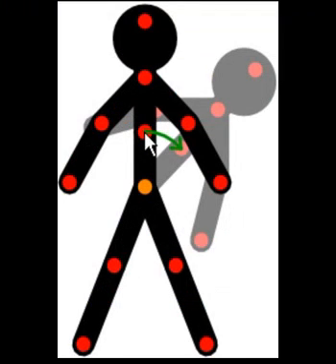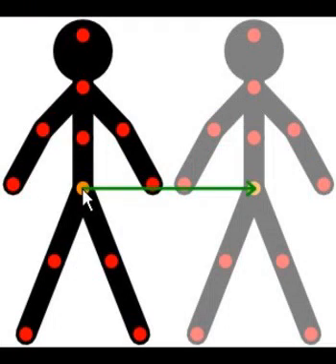Next we are going to see how to rotate the figures. If you want to rotate a segment, a segment is nothing but a part of the figure. If you want to move any part, first of all we drag any red handle in the stick figure. Next we are going to see how to rotate and scale the whole figure. If you want to rotate and scale the whole figure, first of all we press the Alt key, and at the same time drag a red handle.